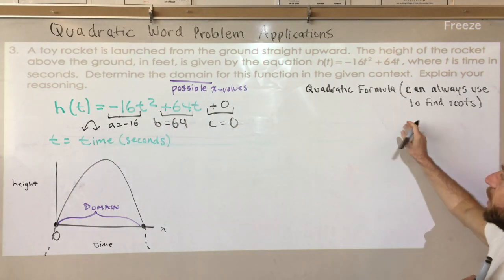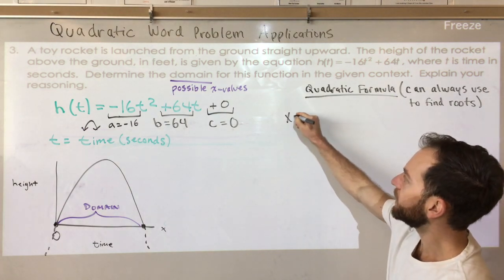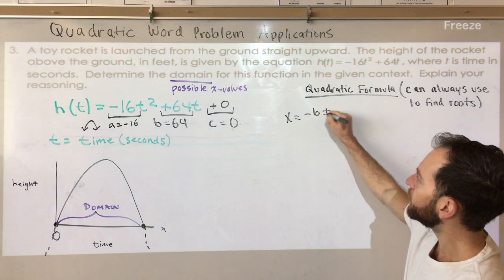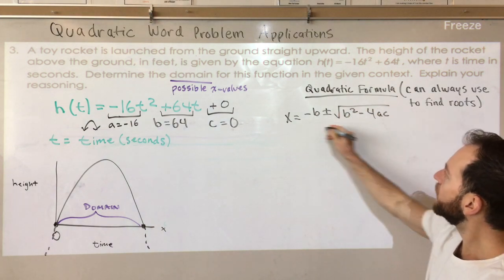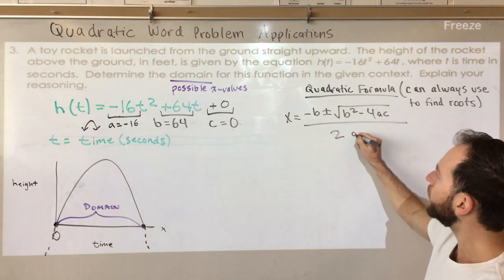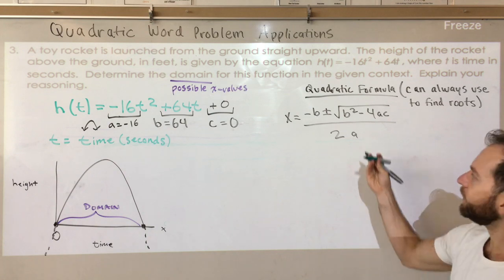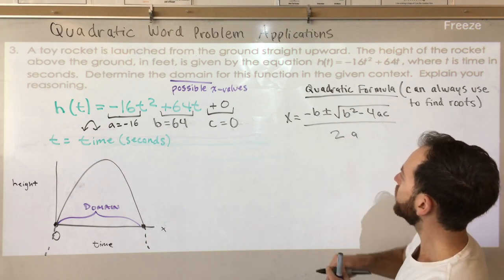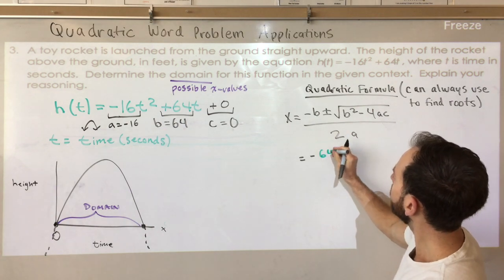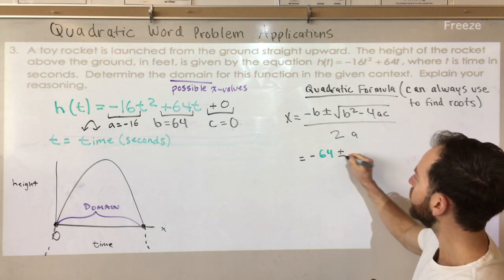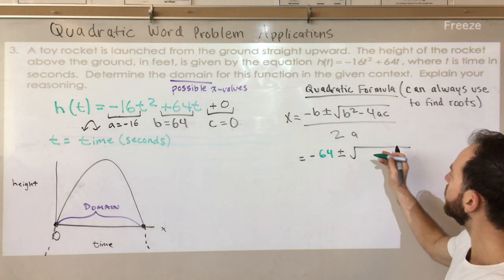And let's plug it into the quadratic formula. You might remember this from last time. x equals negative b plus or minus the square root of b squared minus 4ac all over 2a. So let's go ahead and plug in what we know. b is 64, so negative 64 plus or minus, so we'll have two answers. The square root of b squared, that's 64 squared,